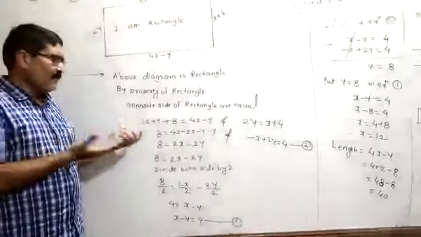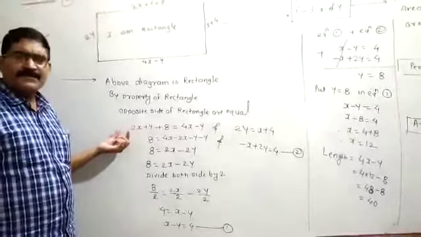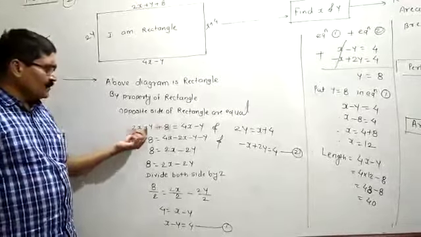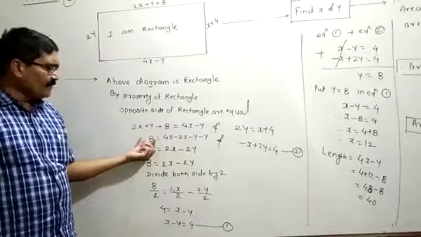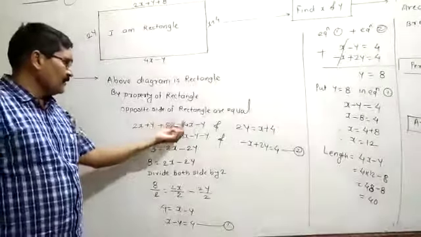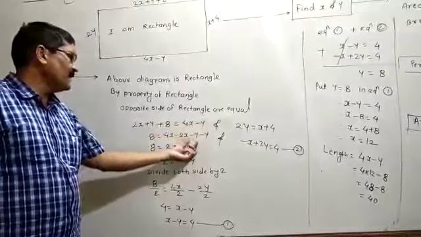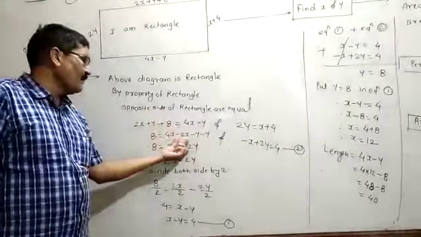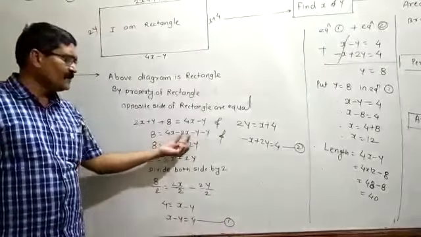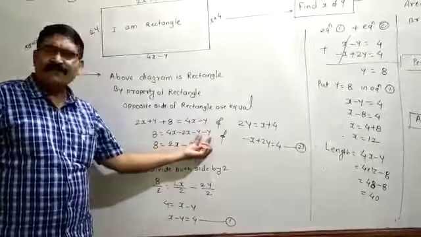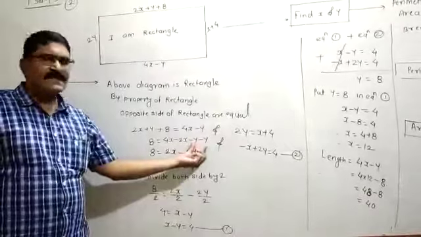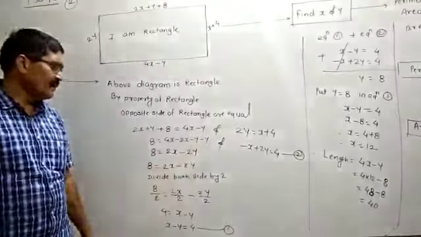You have to convert this into the form of a linear equation in two variables. So collect the variable terms together and the numeric terms together. Shift all the variable terms to the variable side. So 4x is as it is, minus y is as it is. Shift 2x to that side, it becomes minus 2x, plus y becomes minus y. 4x minus 2x is equal to 2x, and minus y minus y means minus 1y minus 1y is equal to minus 2y. If both numbers are negative, add their magnitudes and give the sum the negative sign.